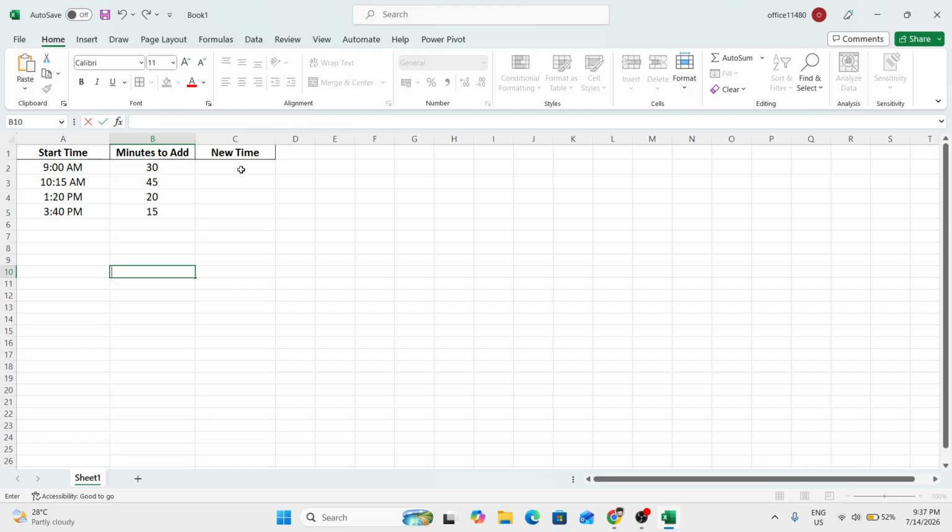First, go to the cell where you want the new calculated time to appear. In this example, click on cell C2. This cell will display the updated time after the minutes are added. Next, type this formula exactly as shown: equals A2 plus TIME(0, B2, 0). Then press enter. Written normally, the formula is =A2+TIME(0,B2,0), with 0 for hours, B2 for minutes, and